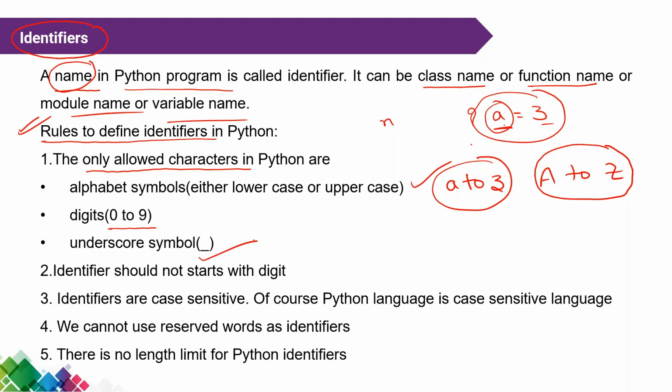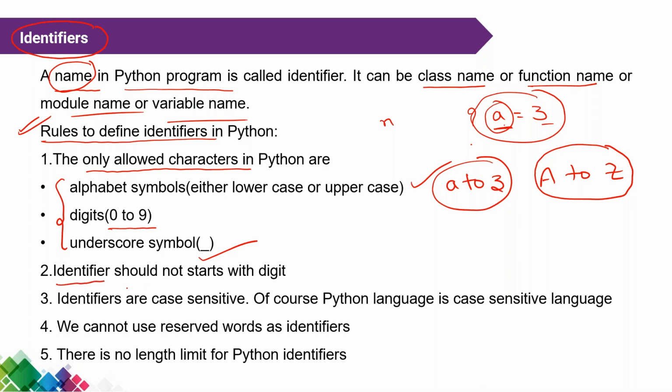That means, suppose I am giving a class name, or a variable name, or a function name, or a module name, or an object name. At the time of giving a name, the name may consist of alphabets, digits, or underscore, or a combination of these. So these three are allowed. But allowed does not mean it can be used directly. Another important point is